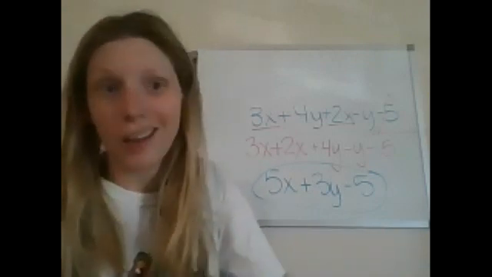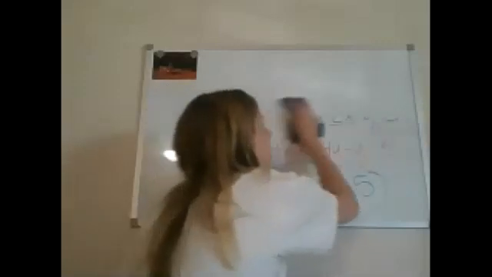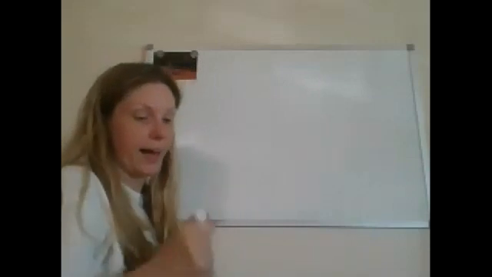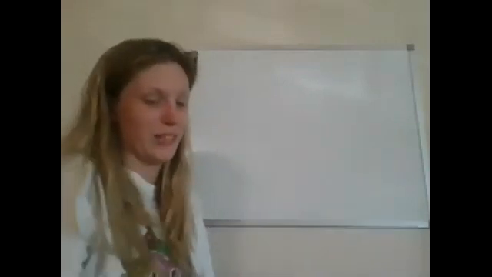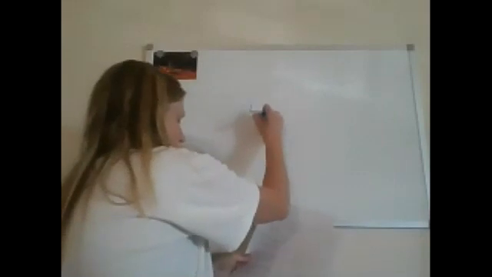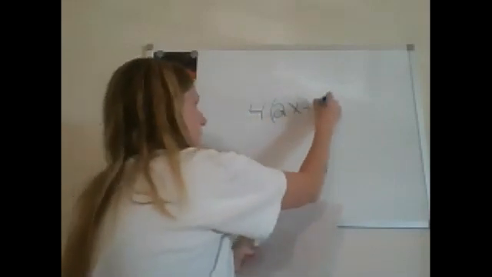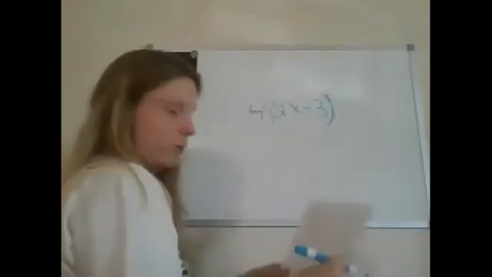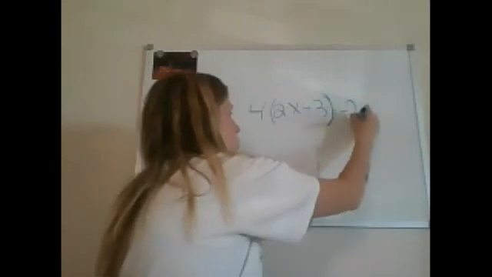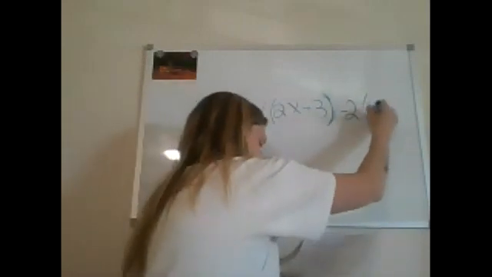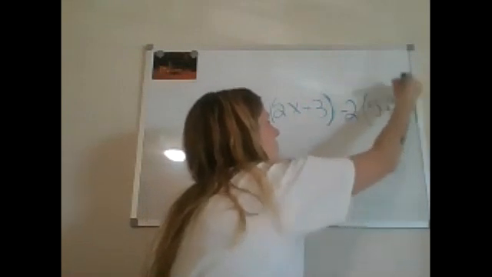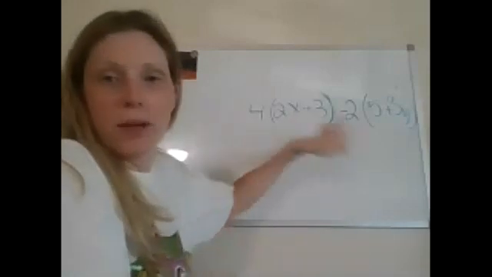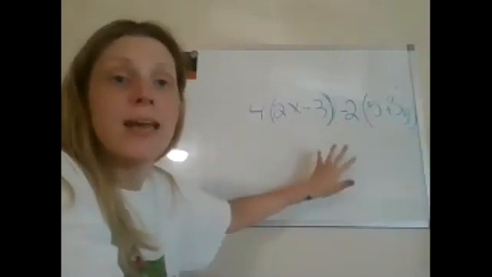Moving on, let's look at a combination of all of this. Let's say I have, are you ready for this one? This one's a doozy. Let's say I have 4 times 2x plus 3, woo, a distributive property, minus 2 times 5 plus 3y, okay? Now, it's okay that there are more than 2 parentheses here. We're going to take care of both of them,